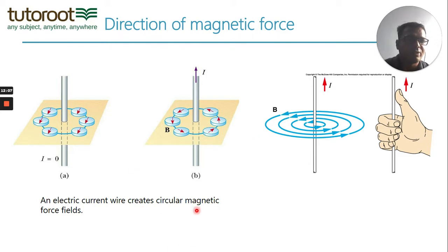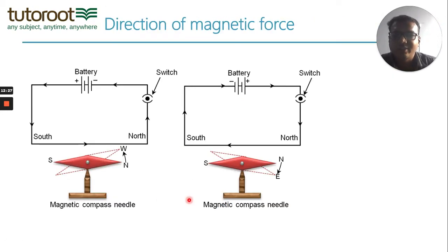Okay, so until now we have seen that the earth creates a magnetic force, a magnet can create a magnetic force, and a current carrying wire can also create a magnetic force. It's not just pure magnets that can create a magnetic force, even current can also create a magnetic force. This is what Hans Christian Oersted saw, that whenever you hold an electric current carrying wire near a compass, the compass will deflect. Now we must know in which direction it should deflect. To know the direction of magnetic force, put the thumb along the direction of the electric current and your fingers curling will give you the direction of the magnetic force.